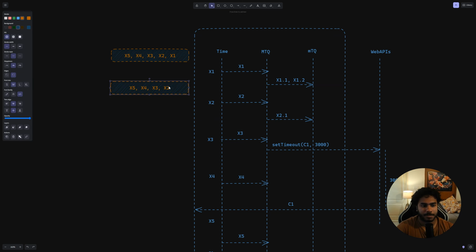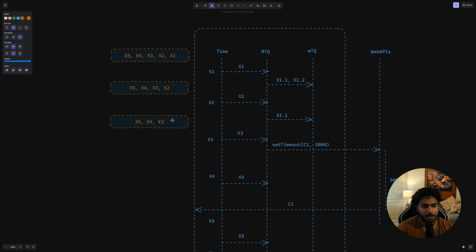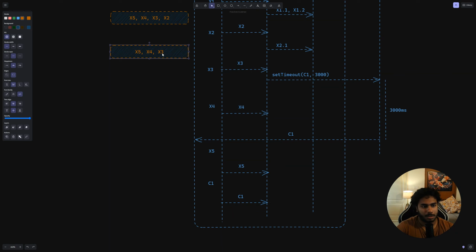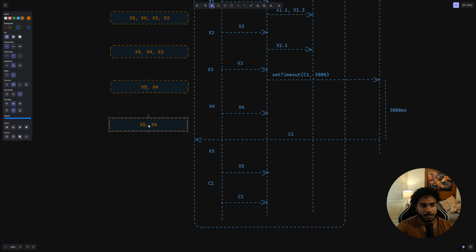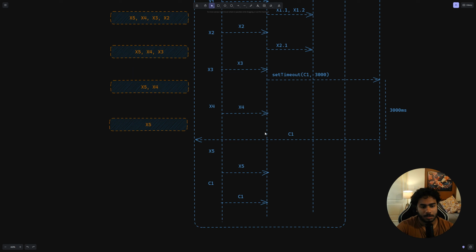So we have X2, and then we pull in X2, then the state of the queue will be X3 here. It keeps on going, same thing for here. X4 is there, and then when you pull in X4 you have X5. But before pulling in X5